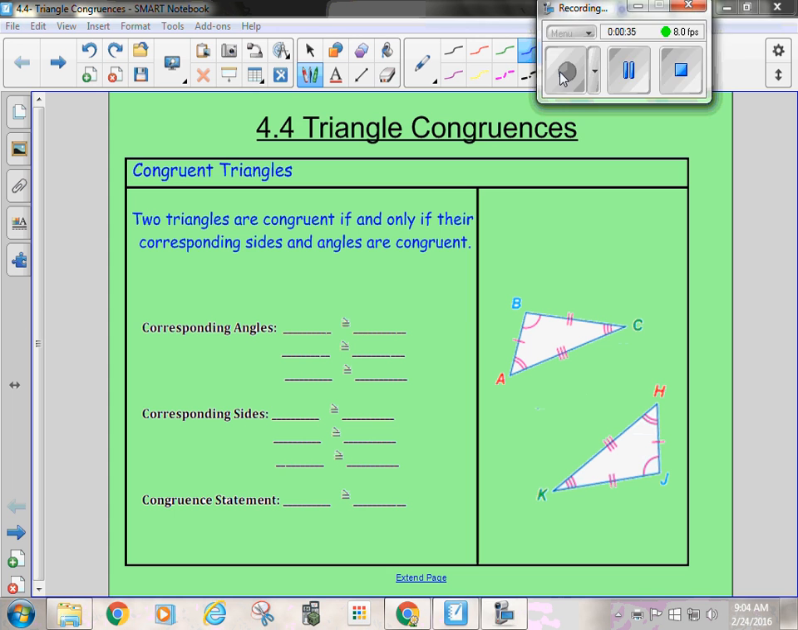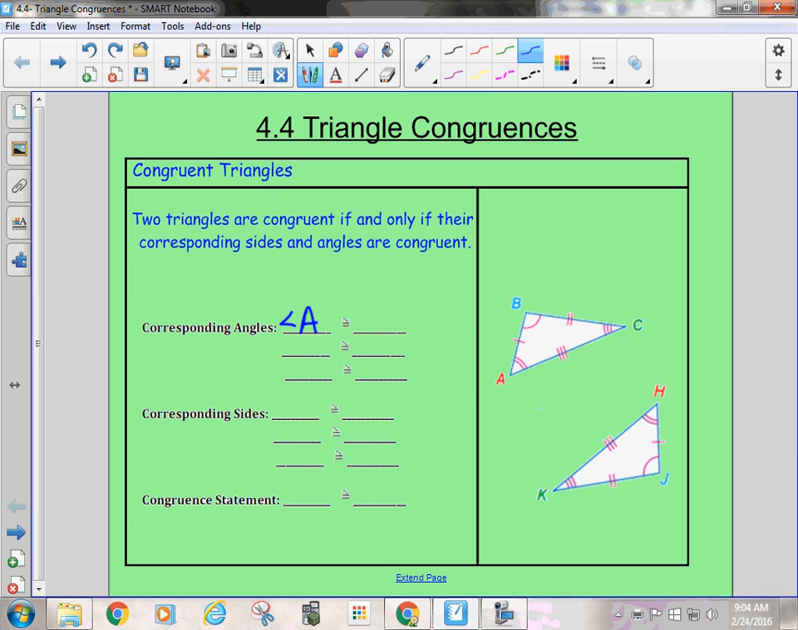Okay, so if we look here, we have angle A is congruent to angle H, angle B is congruent to angle J, and angle C is congruent to angle K. Then we talk about our sides. We see our congruence markings here. We have AB, it's congruent to HJ. Oops, not HL, HJ. Okay, we have BC is congruent to JK. And we have CA is congruent to HK. Okay, when we say all of our angles and all our sides that are corresponding are congruent, we can say